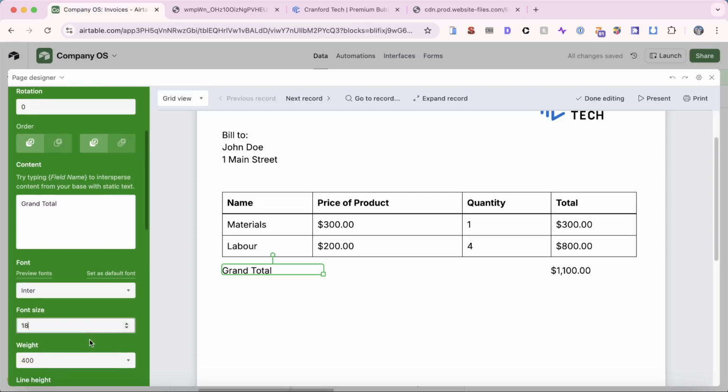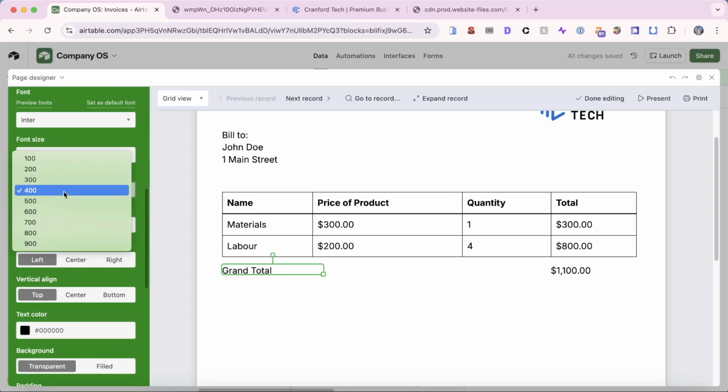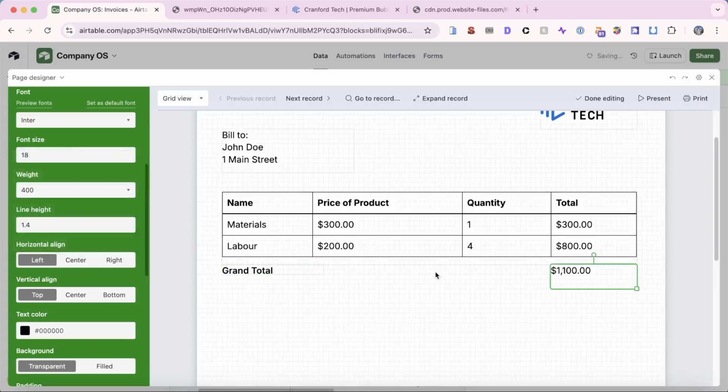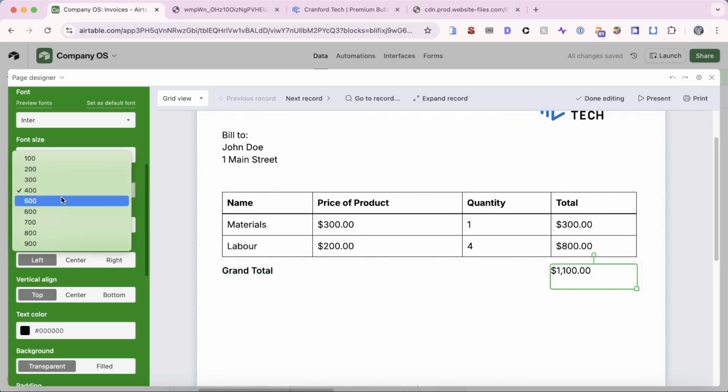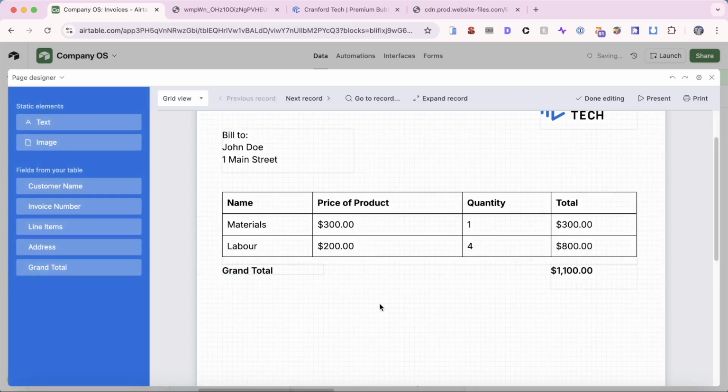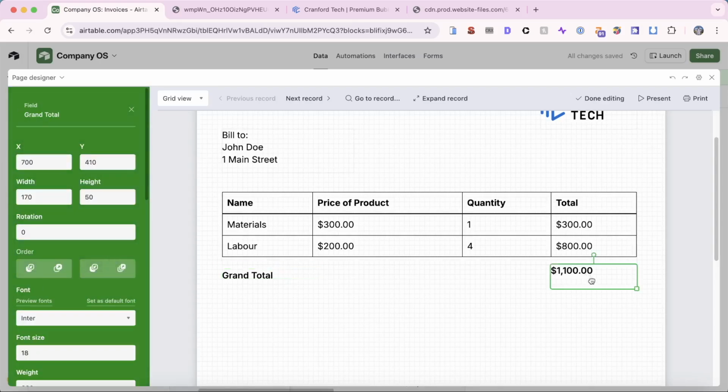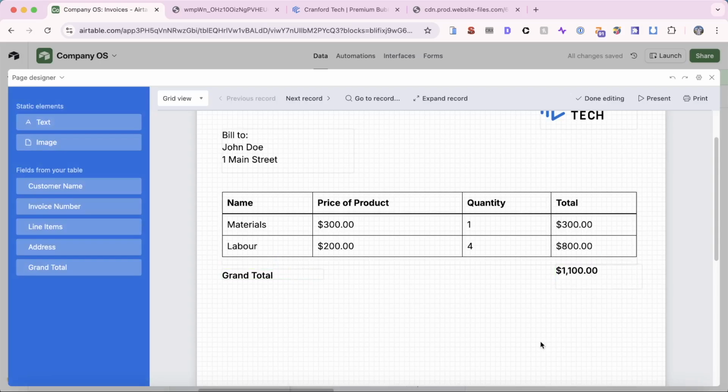Let's change the weight of the grand total as well, just to highlight it. Change that to 600 and change that to 600 too. Now this is where we start to run into a bit of a limitation of Page Designer. There are actually a bunch of limitations with Page Designer that really don't make it suitable for every use